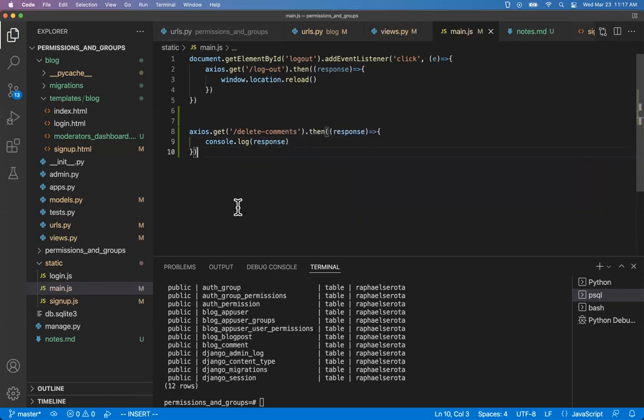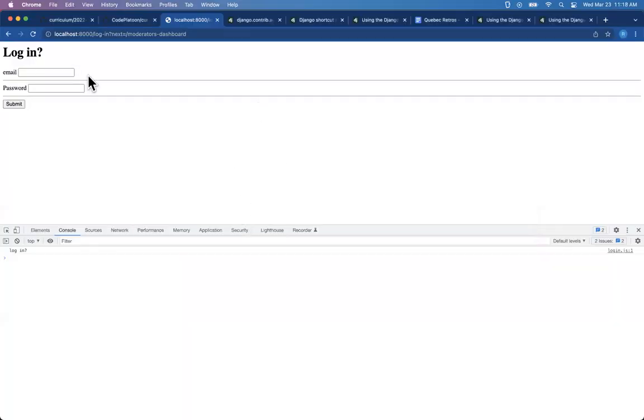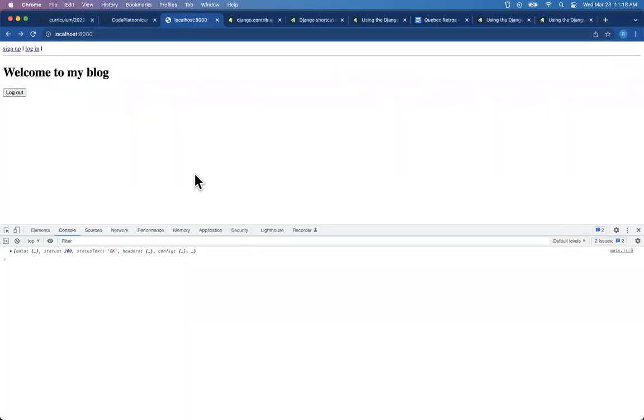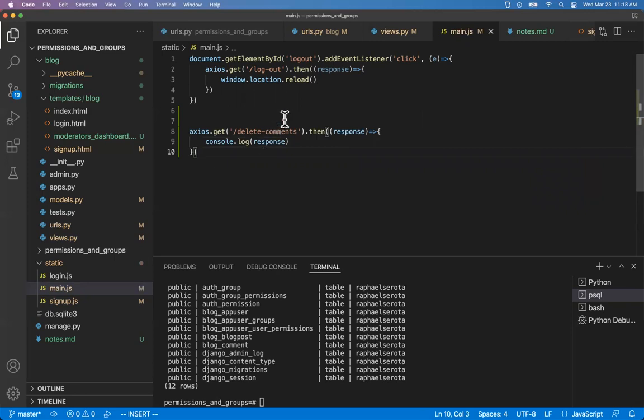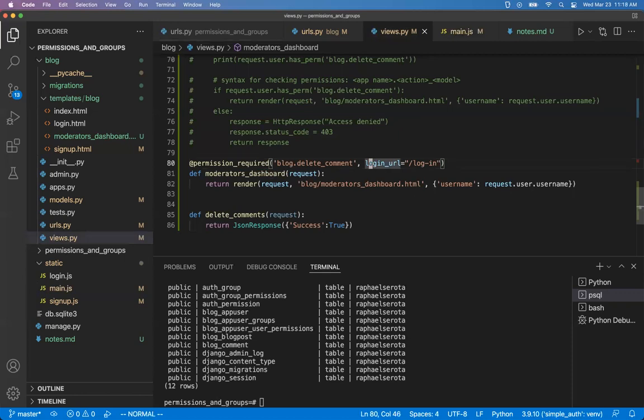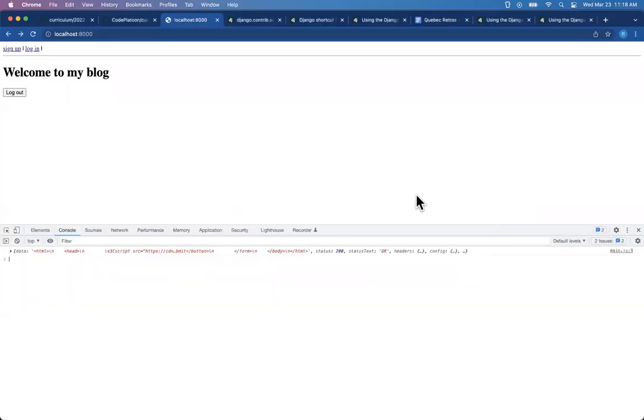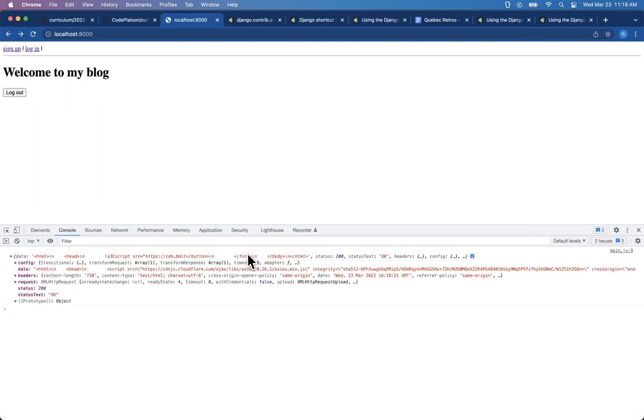Okay, a slightly different situation here. We're sending an AJAX request from the home page. We're getting the results back, success true, because I haven't protected it with anything. Let's see if I just copy and paste this permission required here. Now it doesn't work quite as well. I sent the request with AJAX and got a permission denied error, and then the server tries to redirect me, but that just means the response I get is this other HTML page